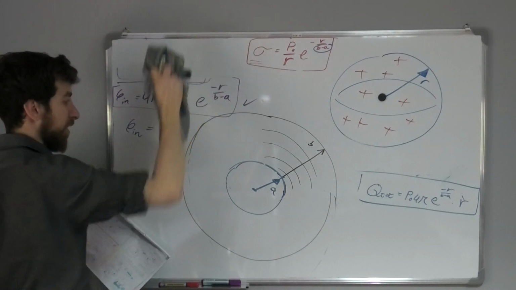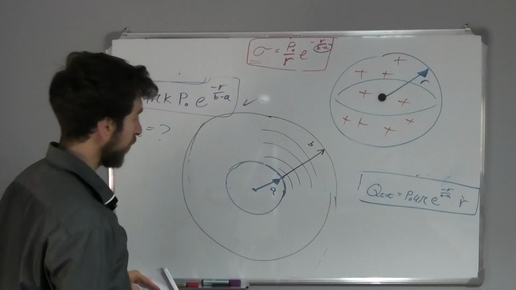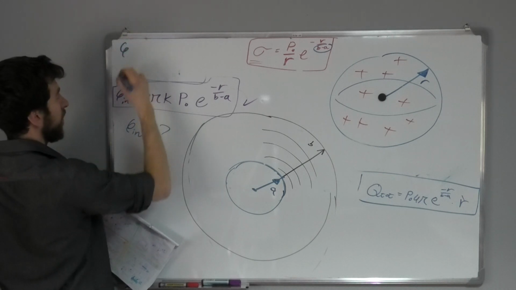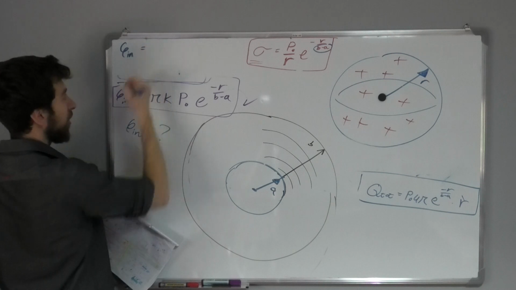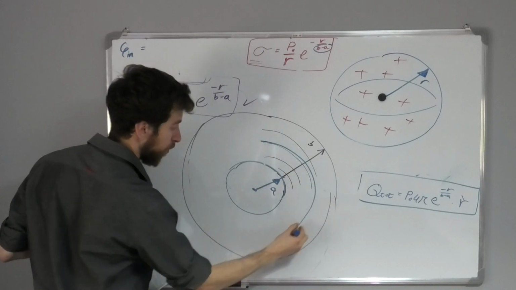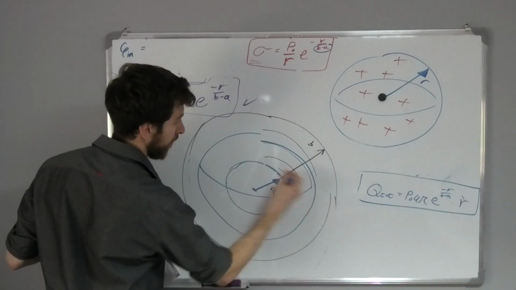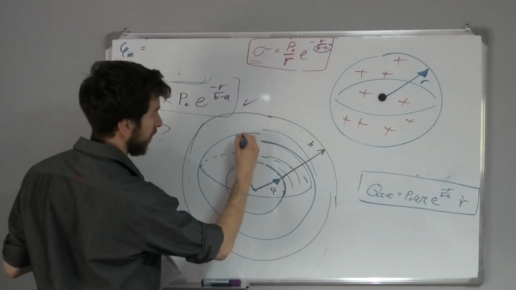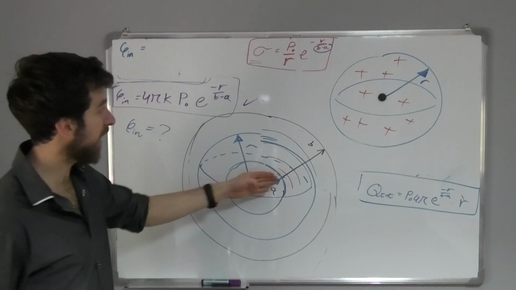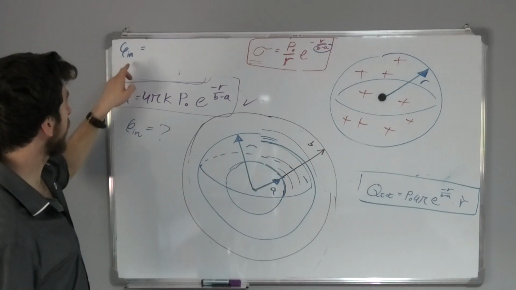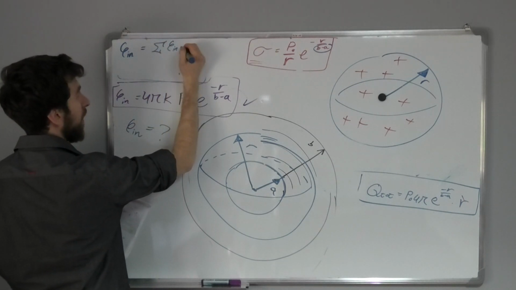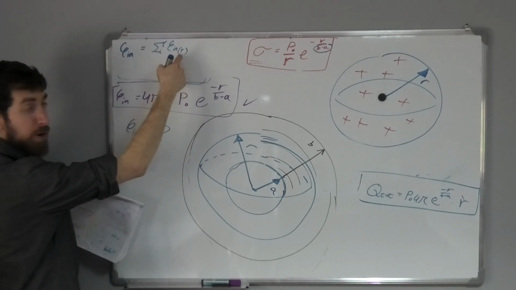So how can I solve this kind of question? What I'm going to do is say that the total phi in is actually the superposition of all the small spheres. You can see that here we solved this question for some sphere. This is a general case of a sphere with radius R, some distance from the origin, not A, not B, but something in between. So this is equal to the summation of all the potentials from every sphere, at every